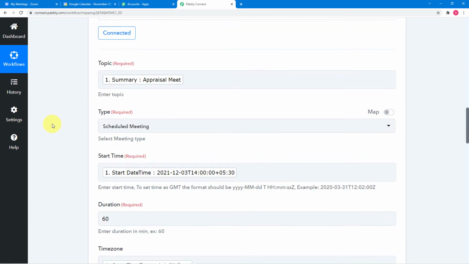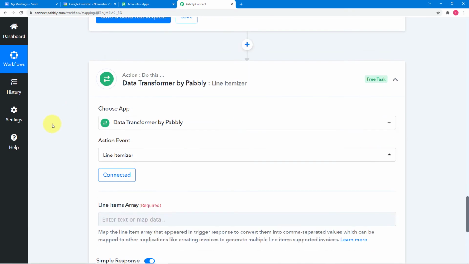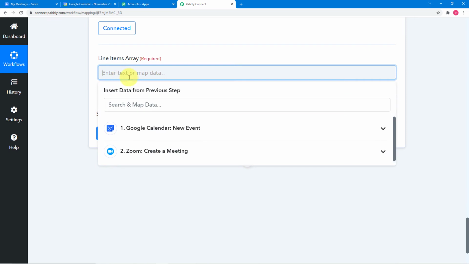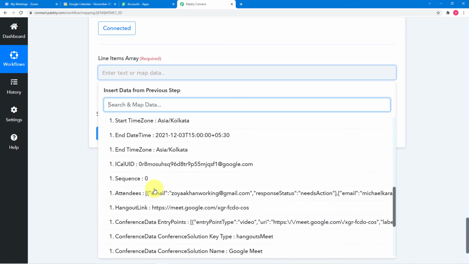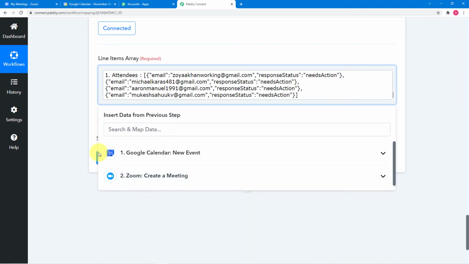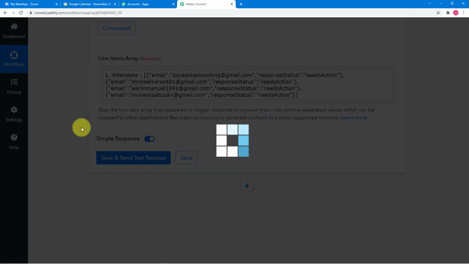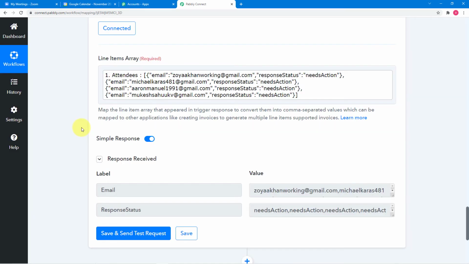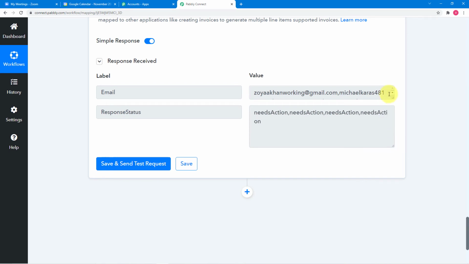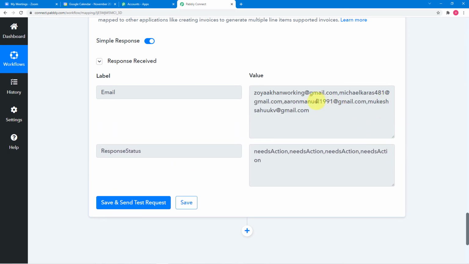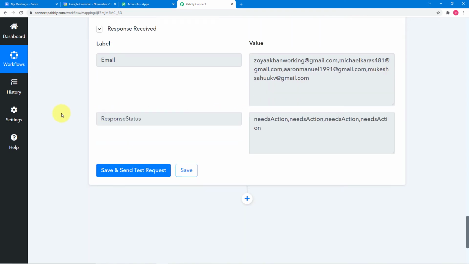And now with the help of line itemizer, I'm going to map this data here and change it according to our need. So I'm mapping the attendees and clicking on save and send test request. And here you can see in this response status, in this emails, we have these emails in one line separated by commas only. So why we have applied this step, let me tell you.